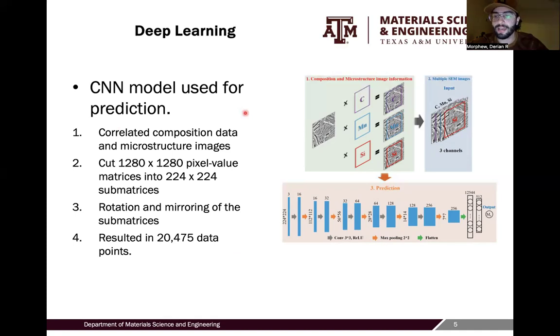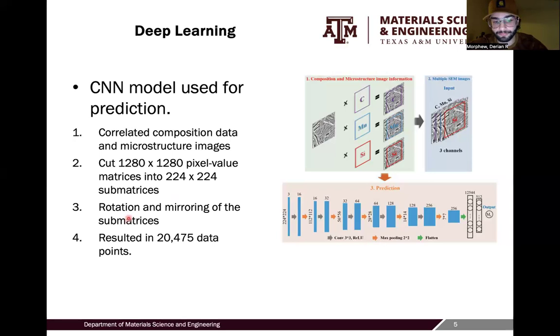And so how they accounted for both was just multiplying the compositions for each of the three channels, their carbon, manganese, and silicon compositions, by each of the pixel values in the matrices for these images. And then for data augmentation, they cut their initial 1280 by 1280 pixel value matrices into sub matrices of size 224 by 224, which gave them more data sets to use,